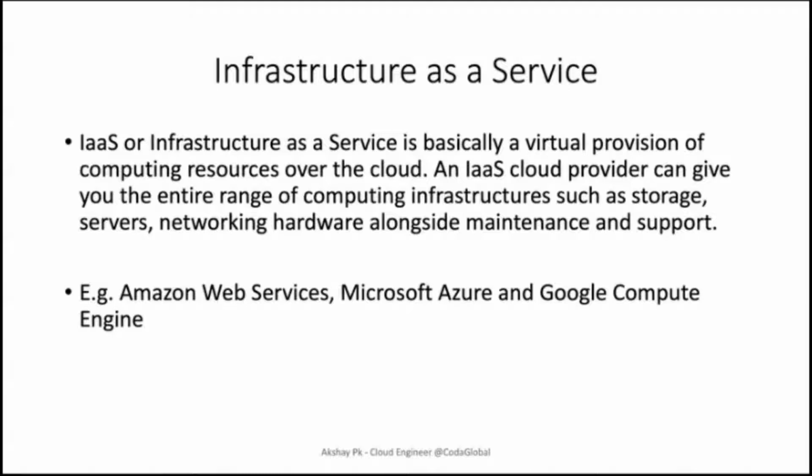So AWS and Azure are both on the infrastructure as a service cloud delivery model. They have services that range through the other cloud service models also, but they are more infrastructure oriented, whereas Google Cloud Platform is more from the developers' point of view. Right. Amazon Web Services has its own service called EC2, which is Elastic Compute Cloud, to create virtual machines, which falls under infrastructure as a service. Whereas Microsoft Azure has its own infrastructure as a service offering called virtual machines, right? Where you get access to the underlying infrastructure directly.